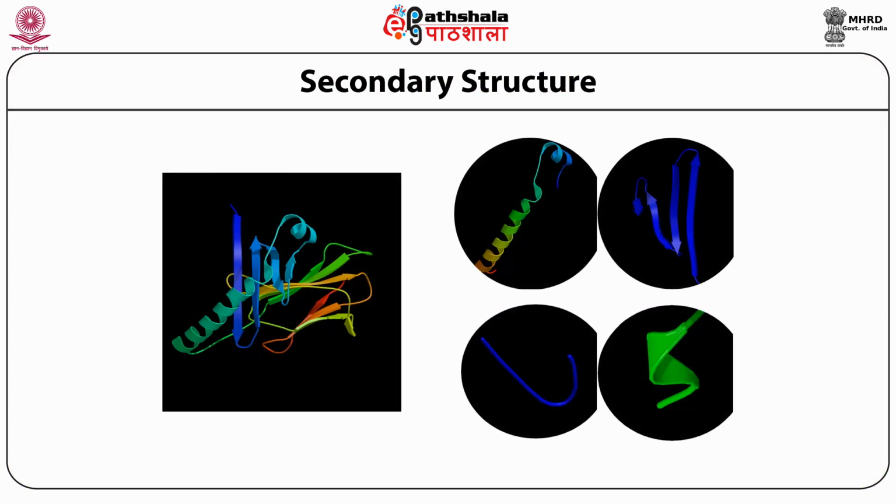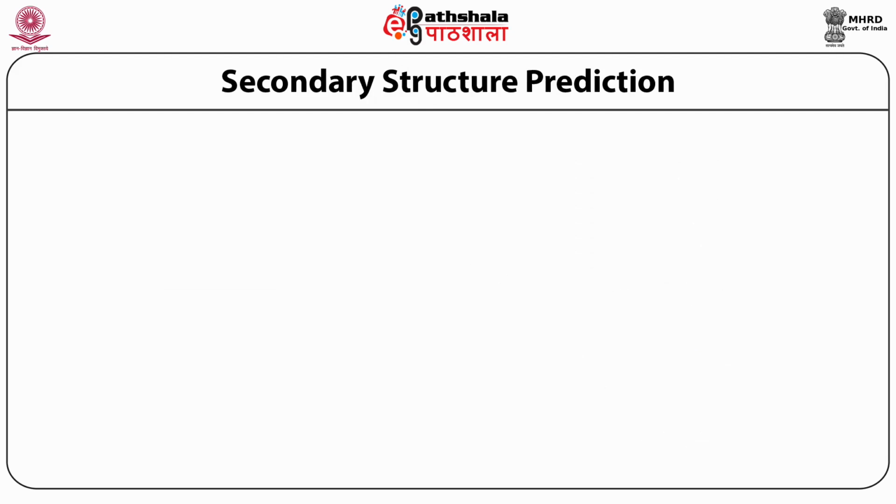So different kinds of secondary structures, as I said. Here are examples of an alpha helix, a small turn, and beta strands. So these are the common examples. So the question is, how do we predict them? Before anything, let's give a formal definition of a secondary structure, and then we go onwards towards its prediction.